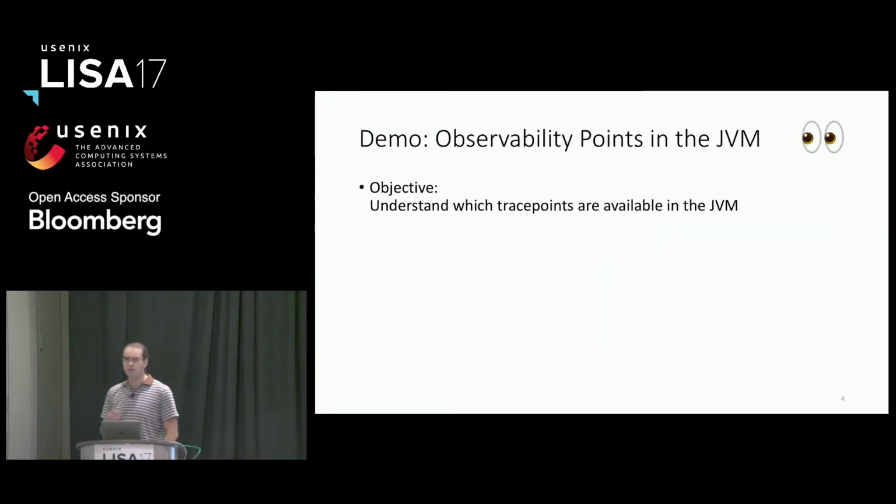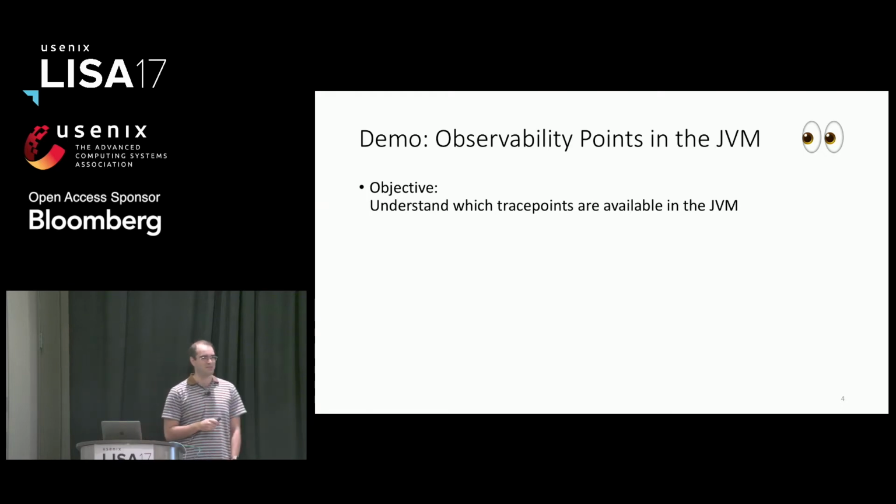So let's start with talking about something that a lot of people aren't aware of, and that's the built-in static trace points in the JVM that we can trace using BPF tools as well as some other tools. These are available in the OpenJDK, not in the Oracle JDK, unfortunately. But let's just take a look at what they are, and maybe then you'll petition Oracle to add them in